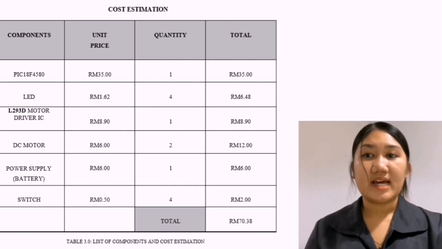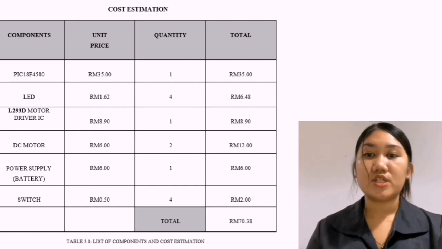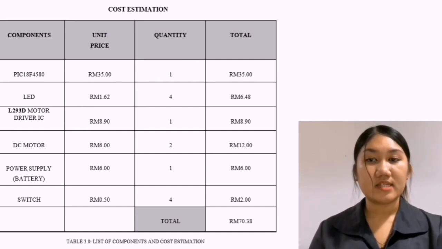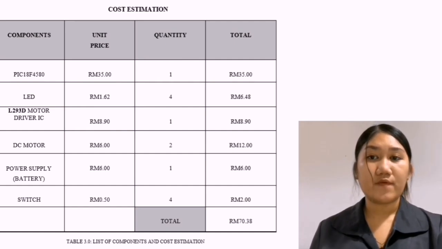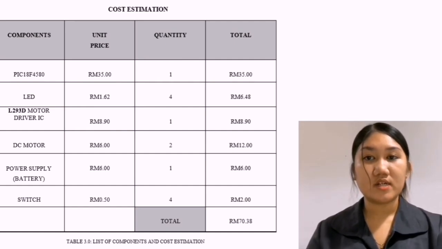The power supply or battery costs 6 ringgit and the 4 switches cost 2 ringgit. Altogether, the total cost of the project is 70 ringgit 38 cents, which is quite affordable for a functional mini